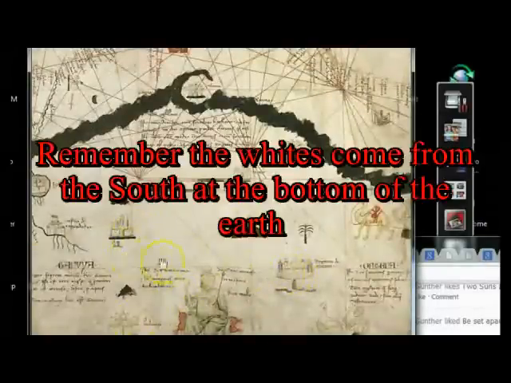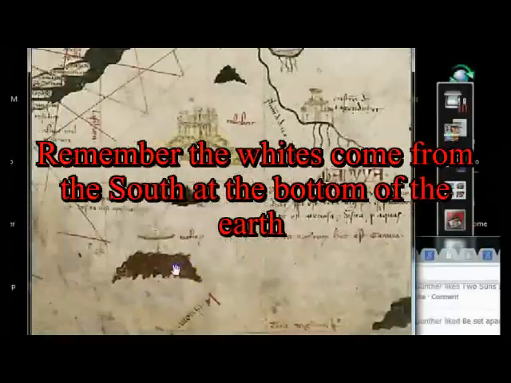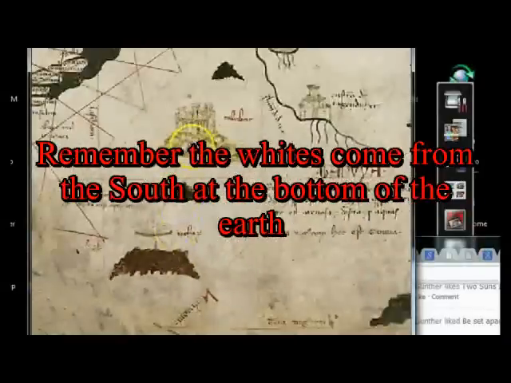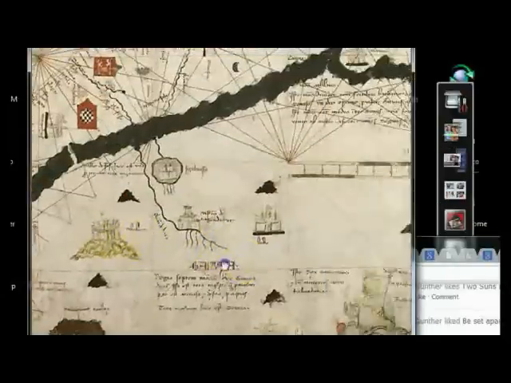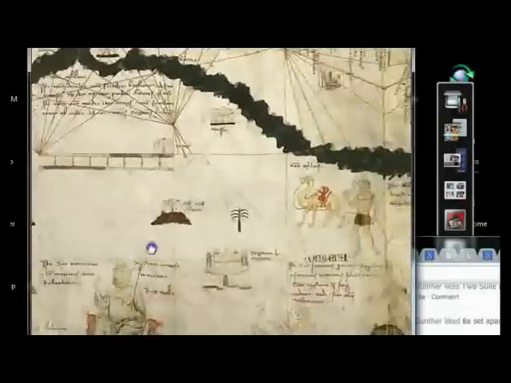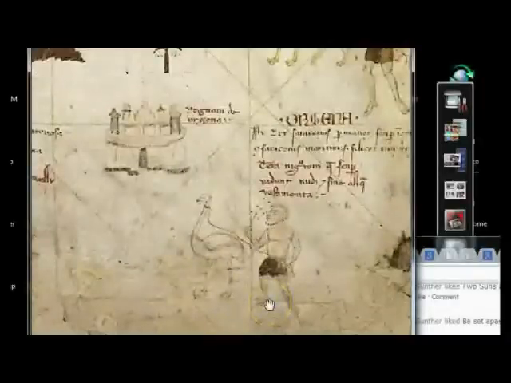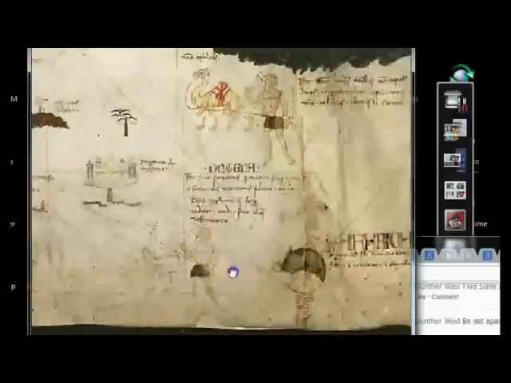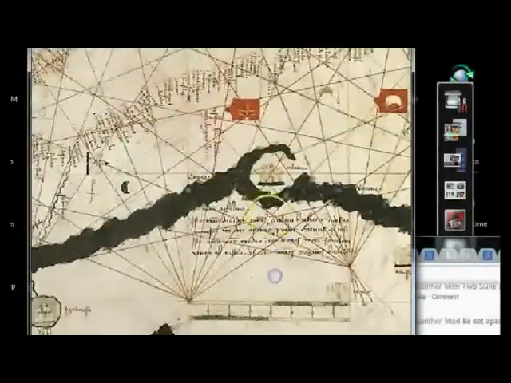What are all these great kingdoms, European-looking kingdoms, down here, all throughout Africa? What is this all about? What's going on? Anyway, this is the only thing that's right side up. Then when you look at the rest, it's all upside down.